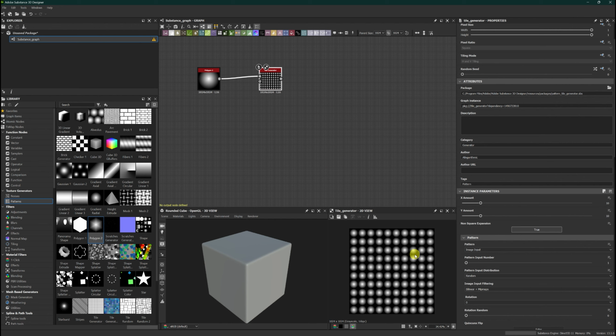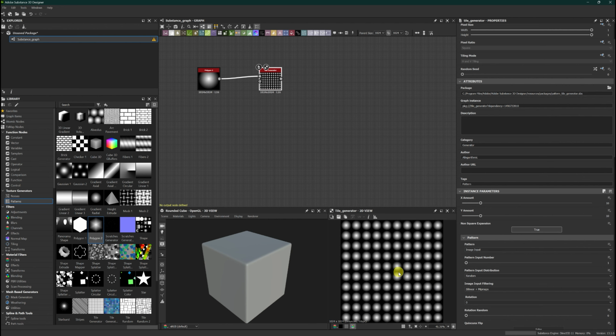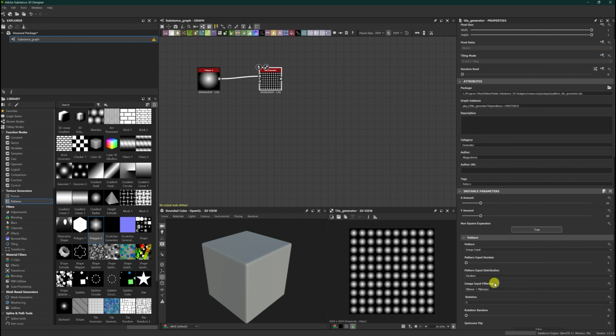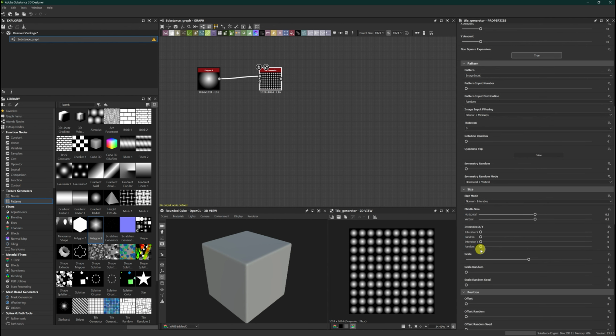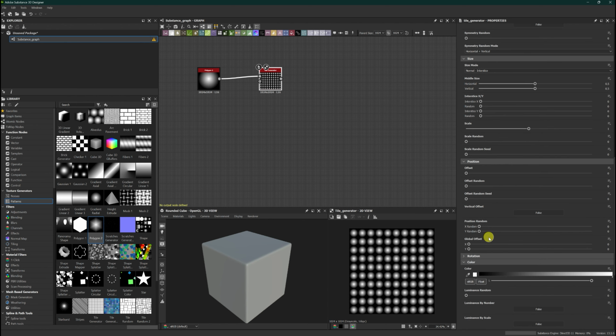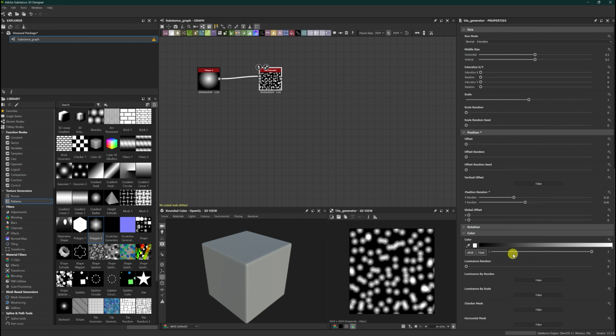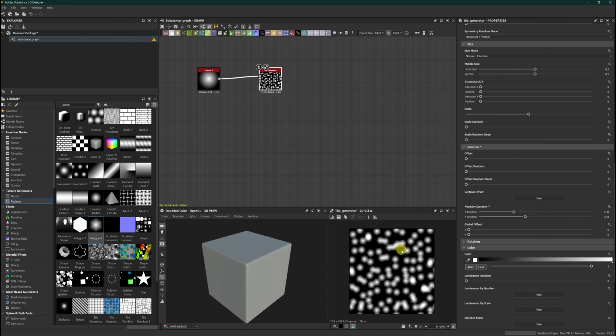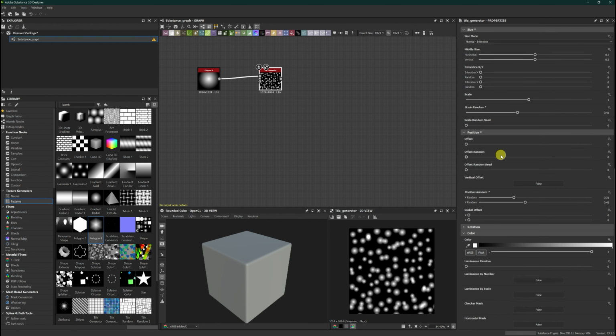So now that I have my tile generator, the best part about it is you can actually create randomization in the positioning. So let's say I want a random position. You can just use the position random X and Y and you will get something like this. That being said, as much as I like this and this might work, let me change the scale. So you do random scale and a little bit of